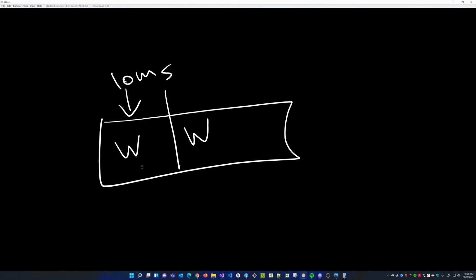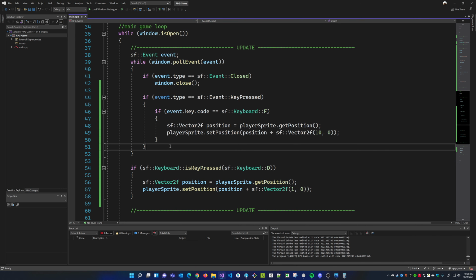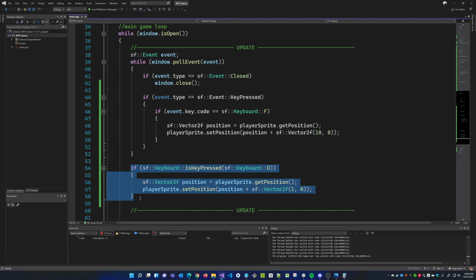So I check every 10 milliseconds and I move 10 pixels. After 10 milliseconds, I move another 10 pixels. Let's say this is actually not 10 milliseconds, let's say 25 milliseconds. So every 25 milliseconds, I'm moving 10 pixels, 10 pixels, 10 pixels, right? And so that's why there's a delay, because we only trigger this every 25 milliseconds. But this is dependent on our frame rate. And I bet you anything that my frame rate is running at 2000 frames per second right now. It's running super fast, and that's why this is going as fast as humanly possible.